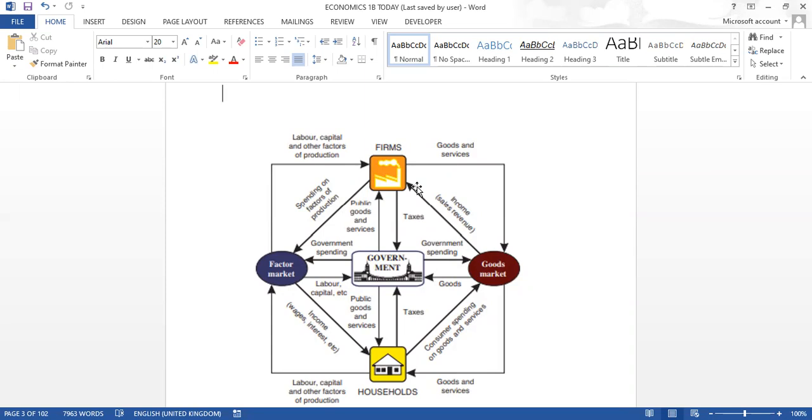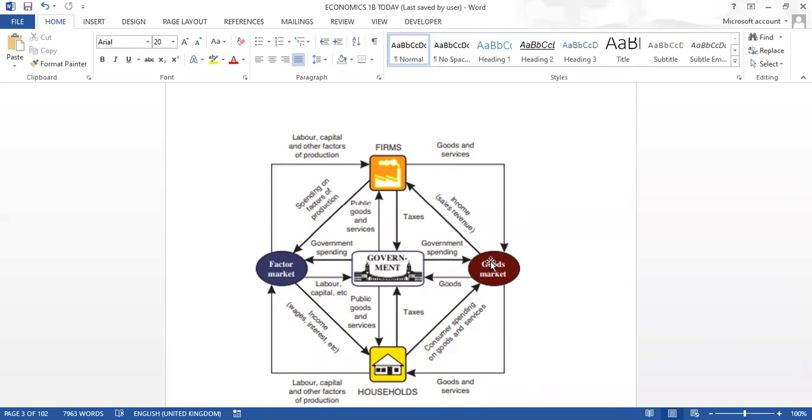The firms then operate in what is referred to as a goods market. Within a goods market, this is where the goods and services are provided to the households, and they provide elements like any consumer goods that you'd want to consume, whether it's foodstuffs, clothing, motor vehicles, etc. Anything that the households would be consuming is created in what is